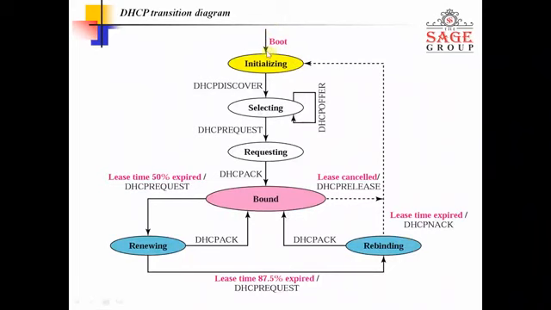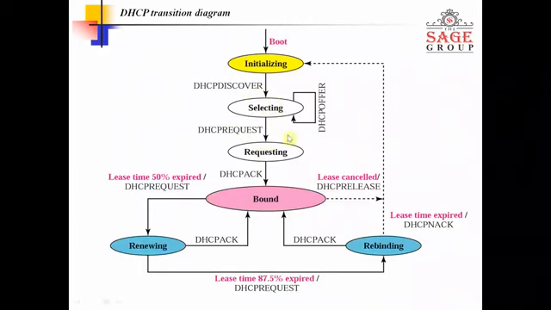The server boots the application. DHCP boots at the server end. The first step is DHCP discover. Initialization discovers the DHCP server and sends it to the selecting state. Then selecting works in a self loop and offers the value of DHCP, that is, the range of IP addresses we have to send to the client.